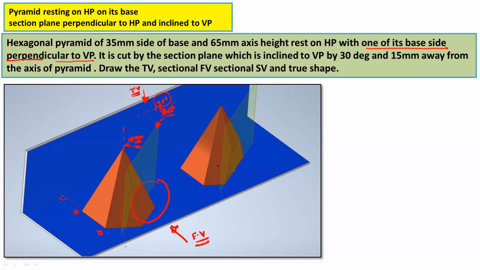Okay. So you can observe in the second image, once you remove this portion, this is the remaining geometry. So this is your sectional view. Okay. So this is the front view. This is the top view. And to draw the side view, you should observe from the right side. Because from the right side, the section will be visible.